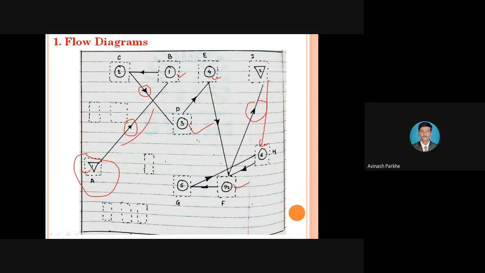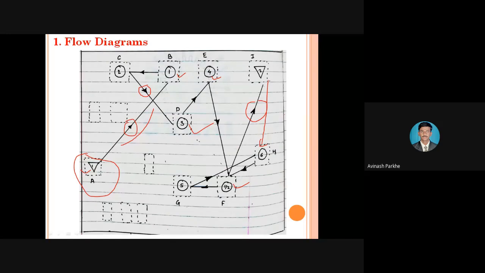Your product is already moving from 3 to 4, and from 4 it has to move to machine number 5 to perform the next operation. But unnecessarily, to perform one more operation, that product is again coming back to machine number 3 from machine number 4. That means in between 3 and 4 that backtracking is taking place.